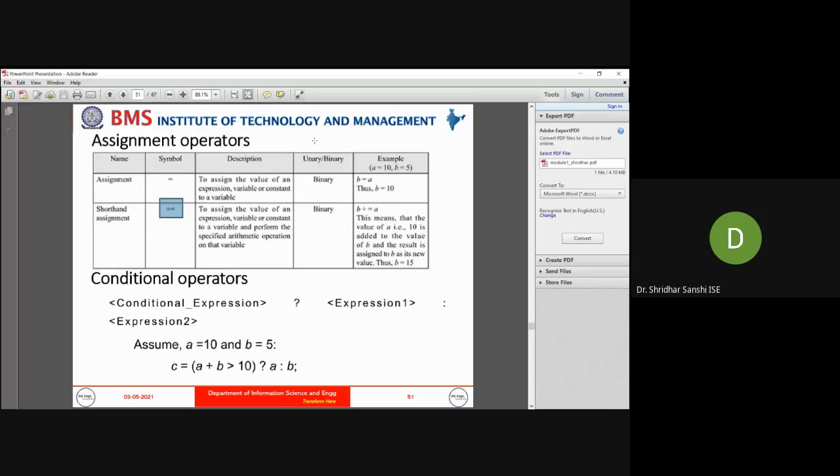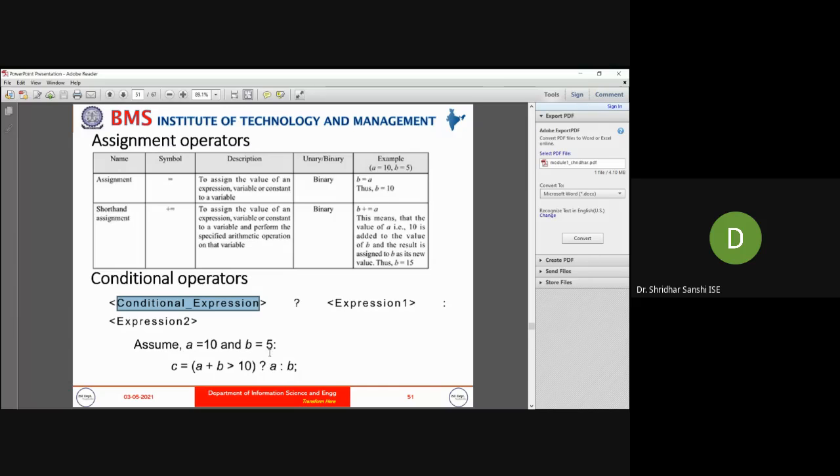This is about the assignment operator. And next we have conditional operators. Depending upon the condition, we will execute expression 1 or expression 2. So this is the syntax for the conditional operator. First we write the conditional expression.